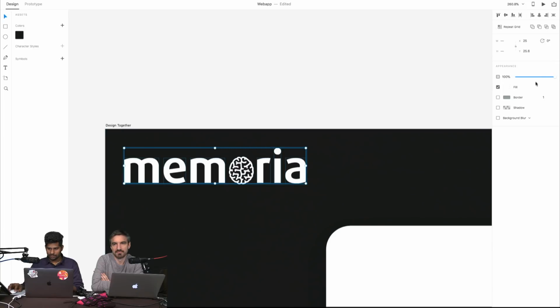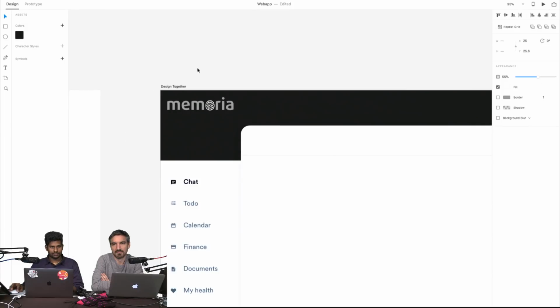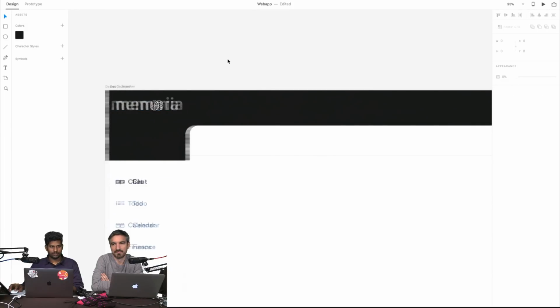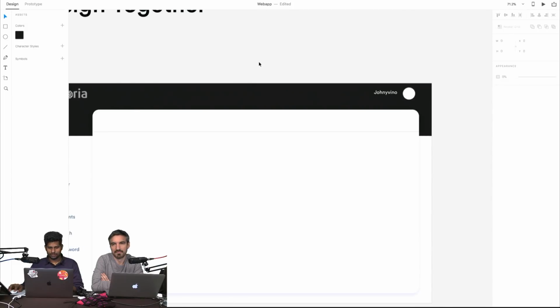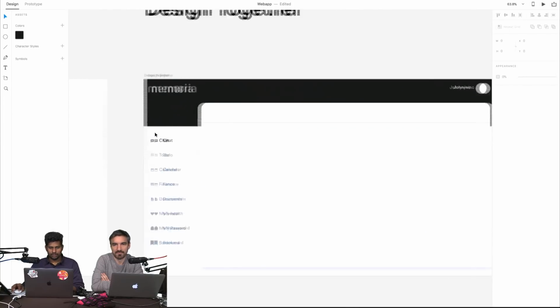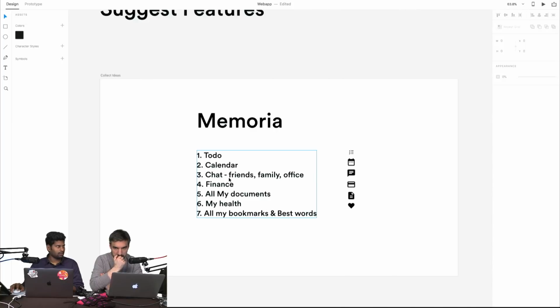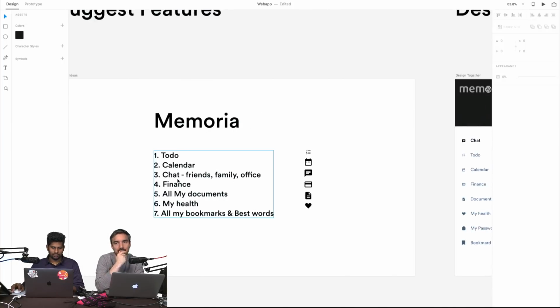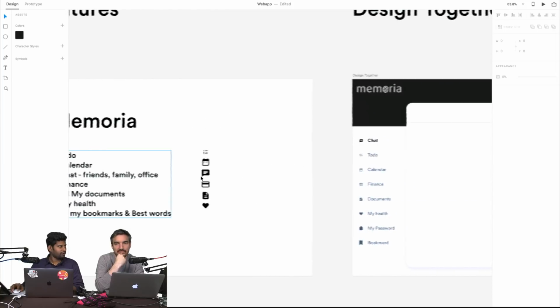Okay, we can make these letters. How is this? Okay, so the brain is highlighted somewhat. So now we are going to make the chats. As we planned, there are 3 different chat tabs. If you select the chat tab, there will be friends, there will be office.